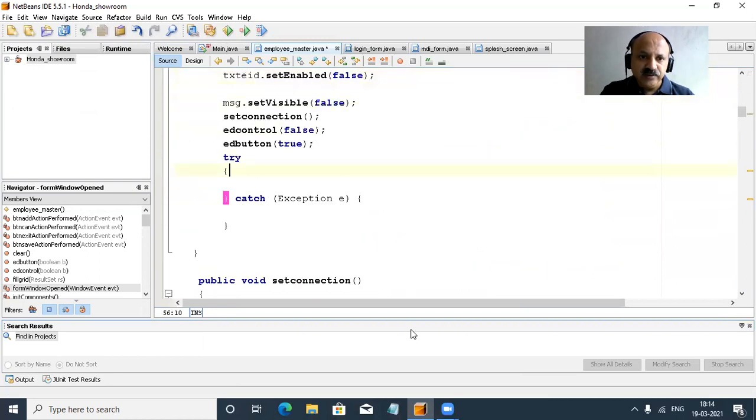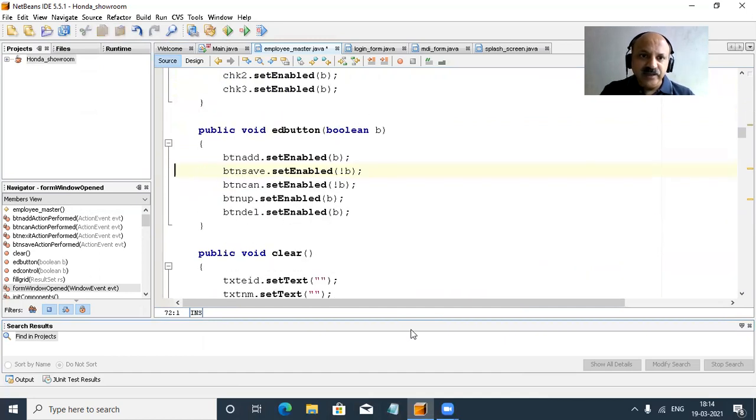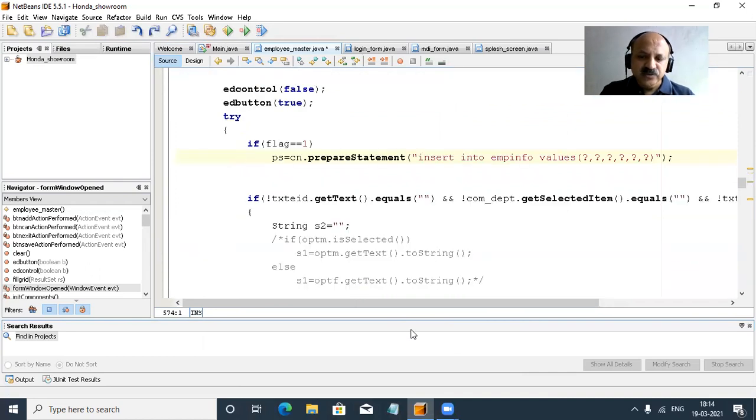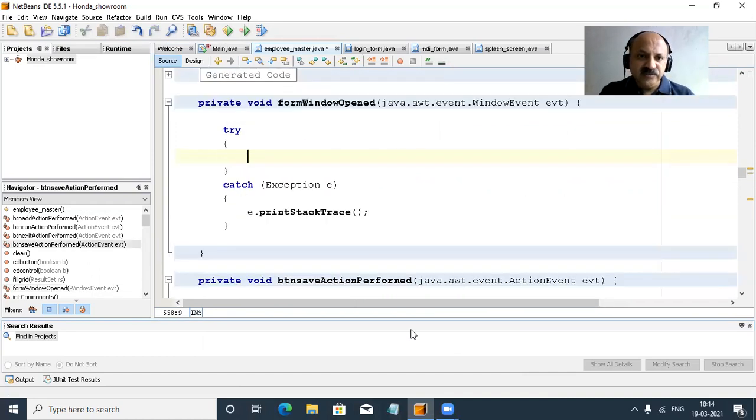So yes, I first remove these two, and then in the window open event, yes, here. That is not right, I copy again. I type, but that is very short.